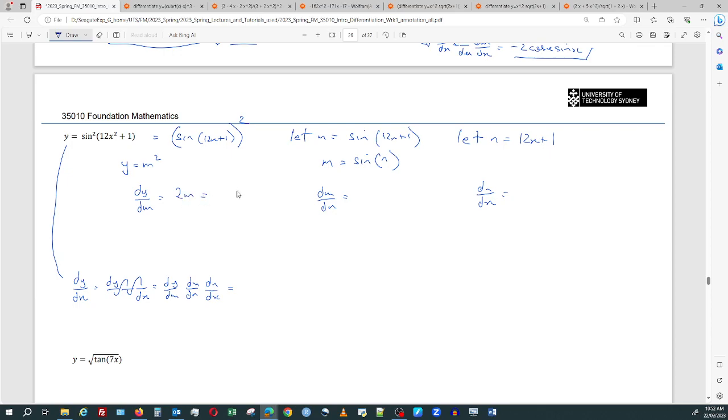2m, which is 2 lots of sine 12x plus 1. So there's a lot of writing in this one. Now, the differential of sine n is cos n. But n is 12x plus 1. Okay, so we're just putting it all together. And this is 12. So we've got 3 products. 1 times another one times another one. So 2 sine 12x plus 1